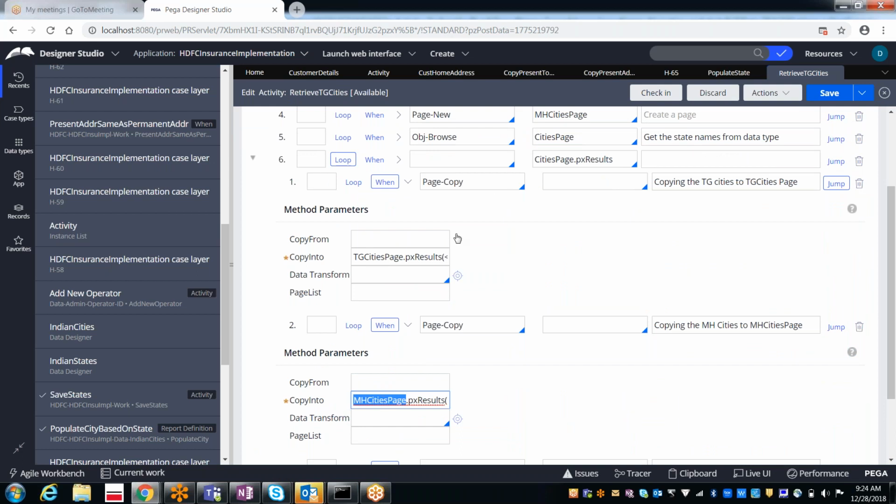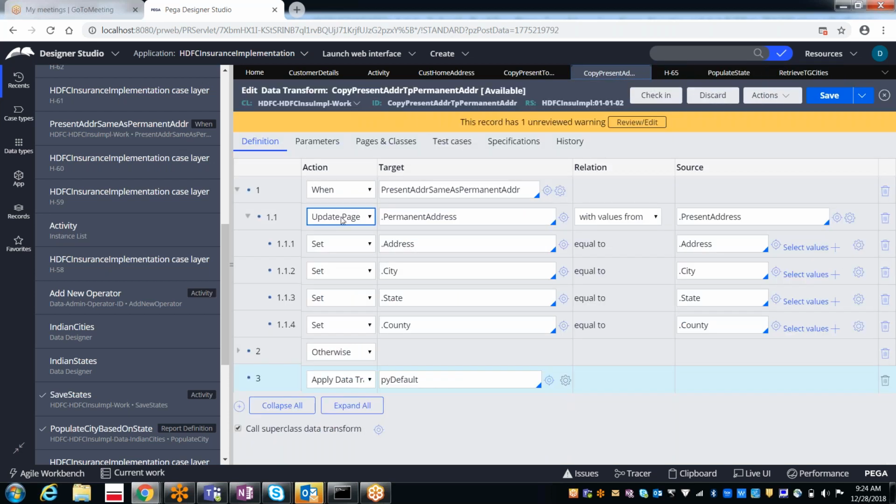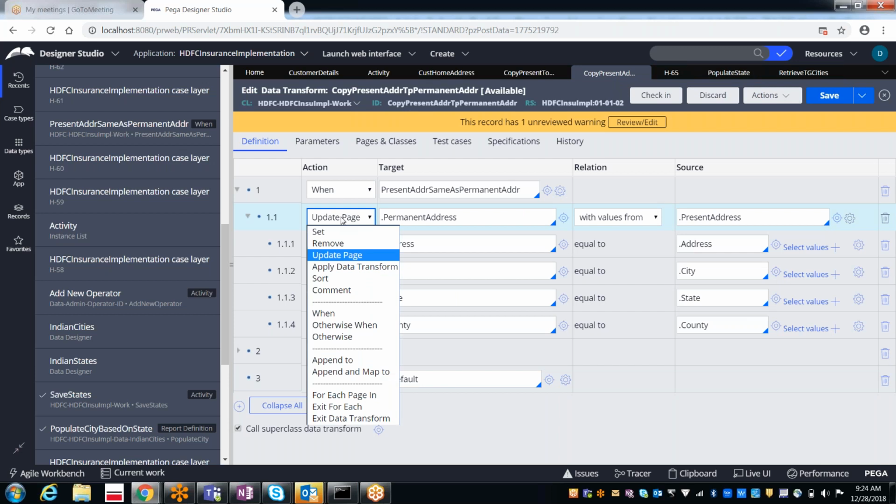If you want to do this kind of page copy by looping through all the pages, in the data transform we have something called append to and append and map to. Append to means it will copy the complete page. If you take append and map to, it will copy each page's property values that we assign.